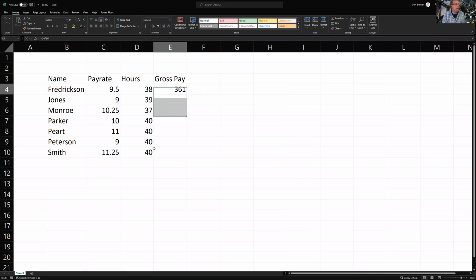Now, some of you will go, but Don, that Control C, Control V, this is all tips and tricks, and that took us way too long. That was 2 steps, and I can do it in 1, and you'd be absolutely correct. Now, I could select that formula that I want, the C4 times D4, but instead of Control C, Control V,